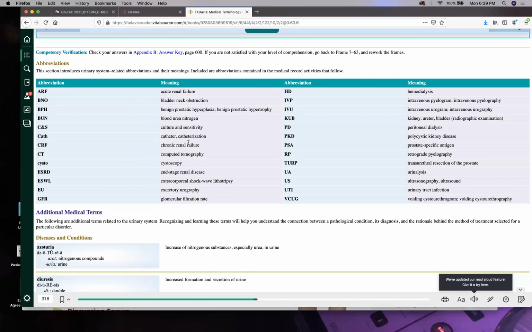And CRF, let me go back on topic before I lose you all. Chronic renal failure, remember, diabetes and hypertension. We're so focused on the rare. You should be focused on the thing that kills regularly.